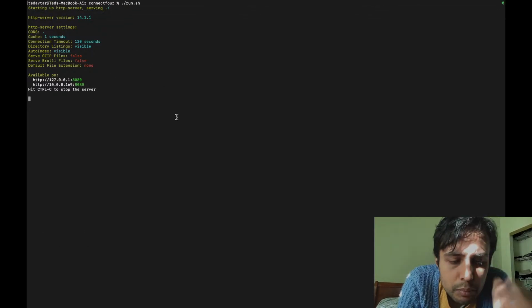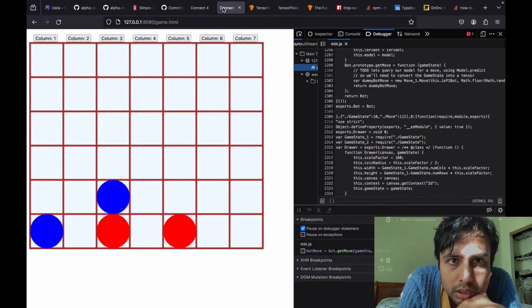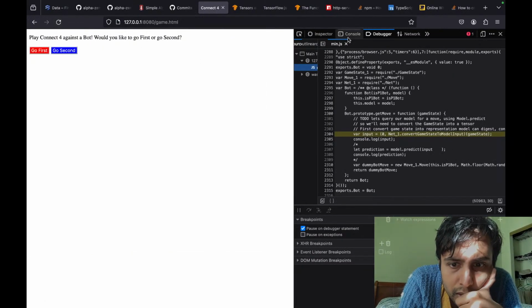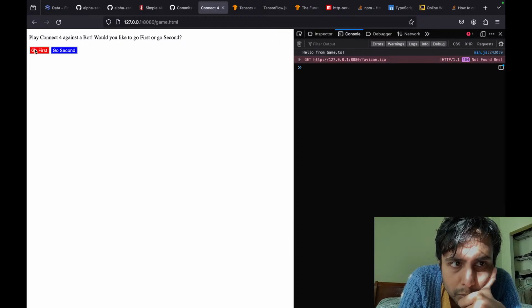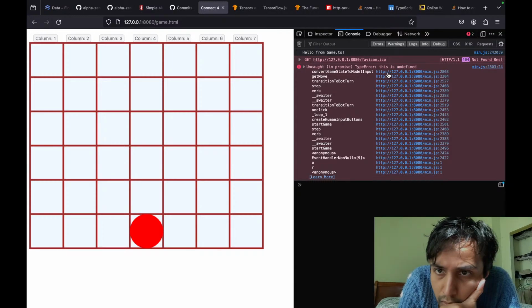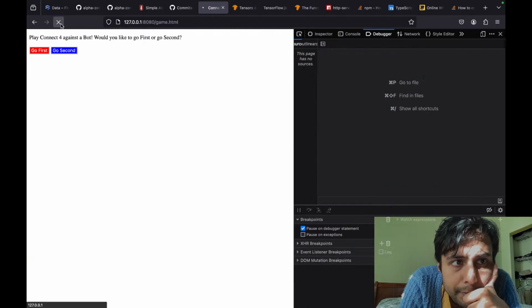Nice. Time to look for some print statements, right? Let's delete this failure. Boom. Bot turn. Seems to be an error.